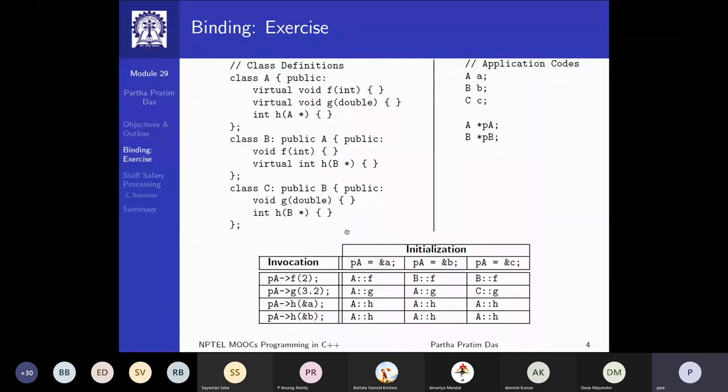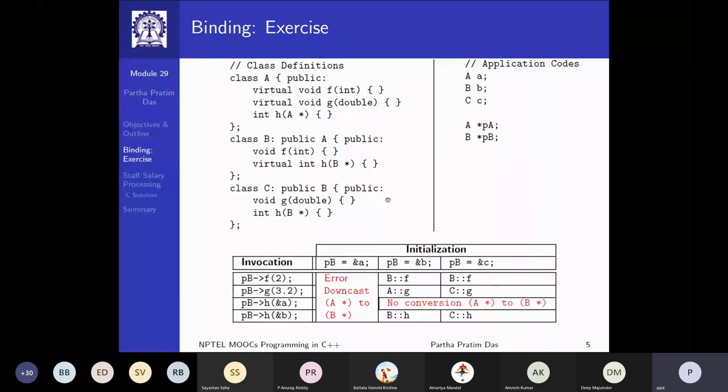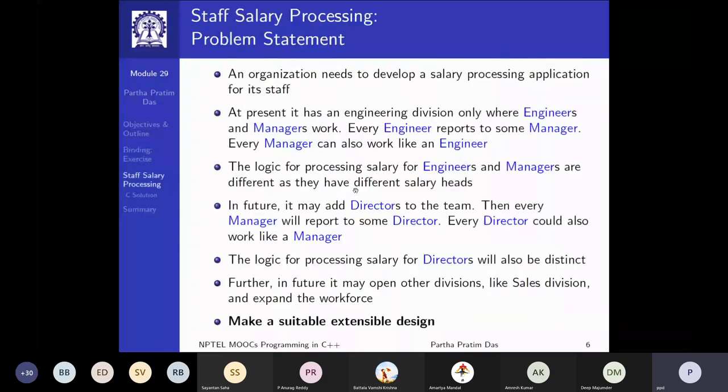I've given some examples to show the initialization and what will be the effect of actually writing this kind of code. I will not run through that in the class. This is more for your practice. We will today move on to actually take up a